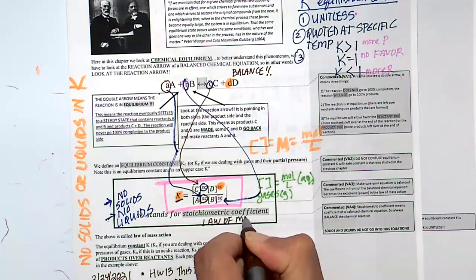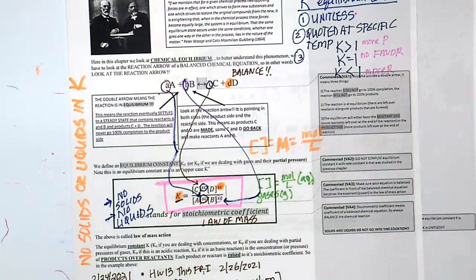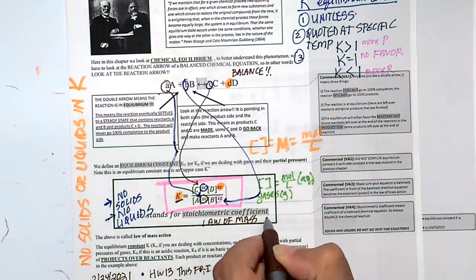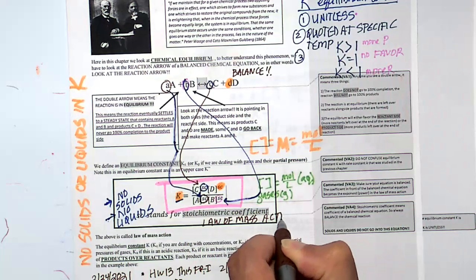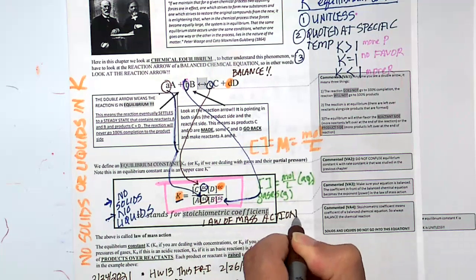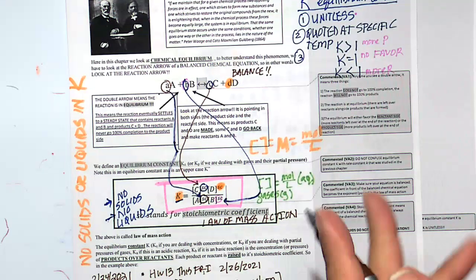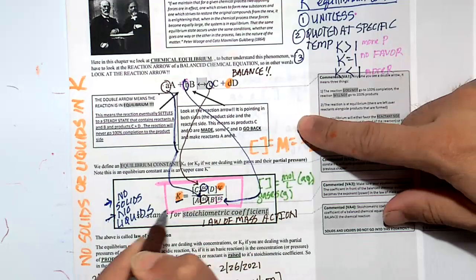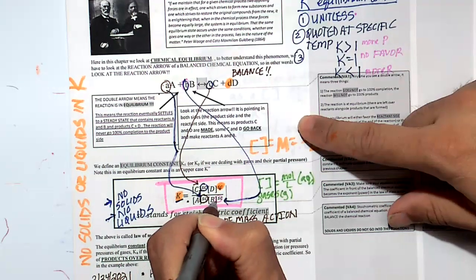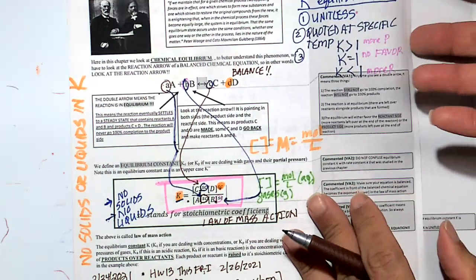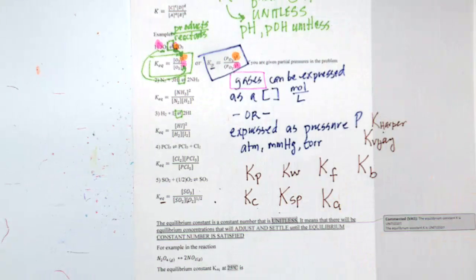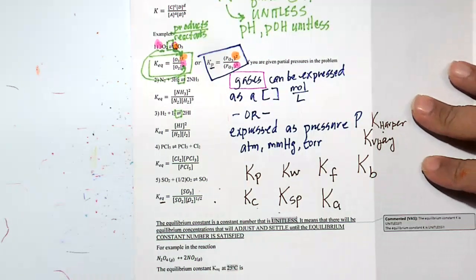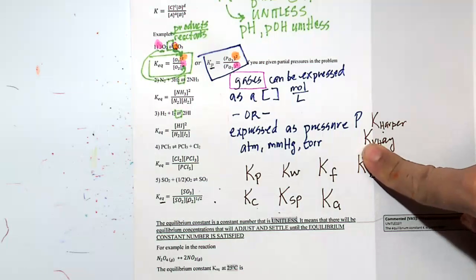So if you're studying for your board exams or standardized exams, you'll see the term law of mass action. That's what this is called. Products over reactants, each raised to their coefficient, no solids, no liquids. So a bunch of different Ks, all will follow the law of mass action.